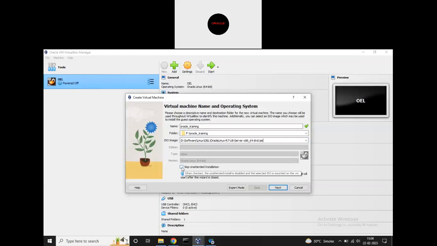Here I tick on skip unattended installation. I have downloaded the latest updated VirtualBox, so that's why it's showing the ISO image and all things here. In the older version it's not showing here. It only gives you the machine name where you want to install. So just give the folder name, Linux and Oracle Linux 64. It shows only these things, but in the latest updated VirtualBox it gives you the ISO image here